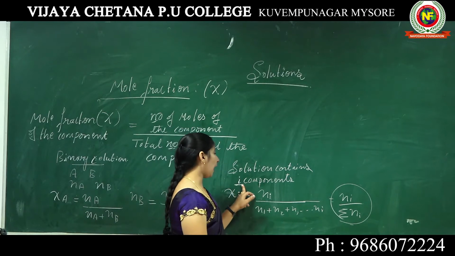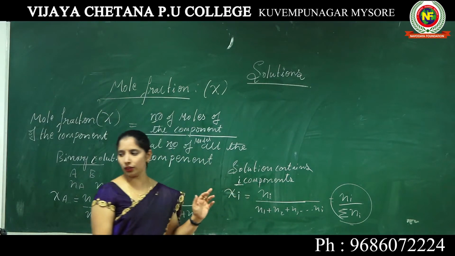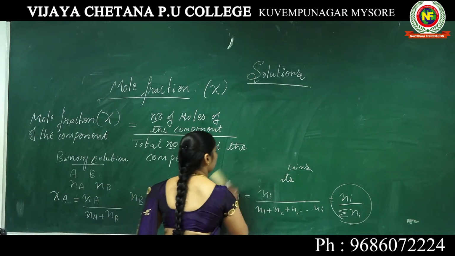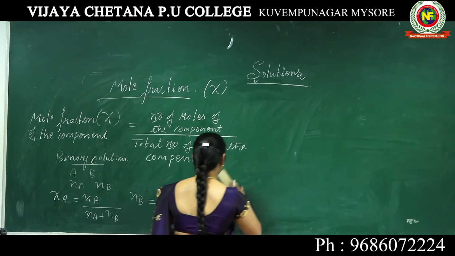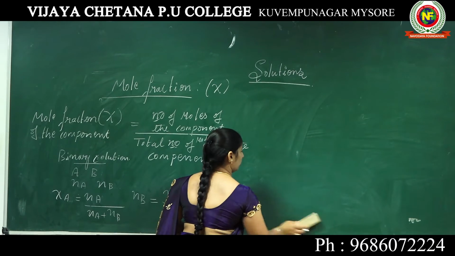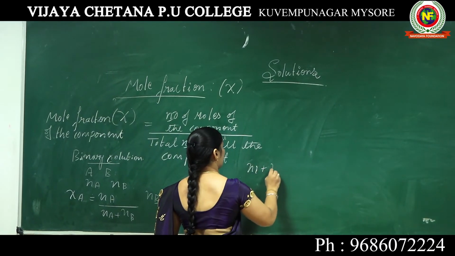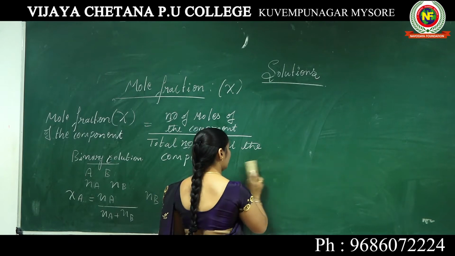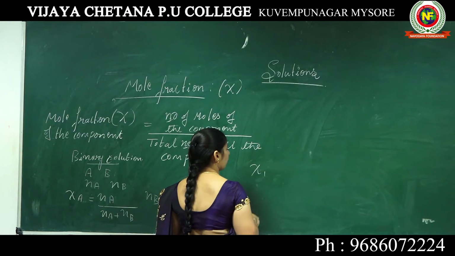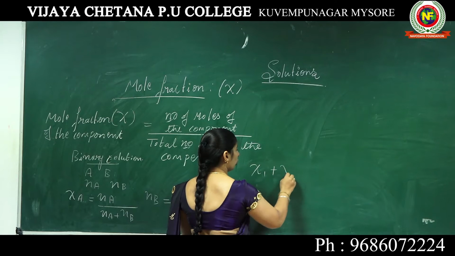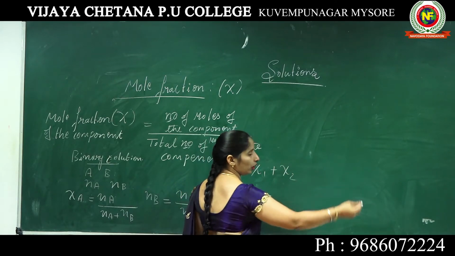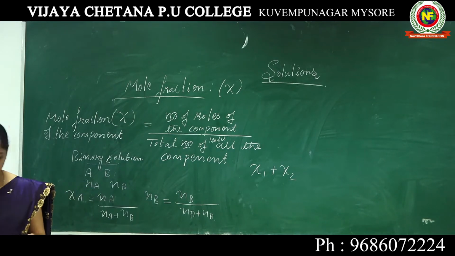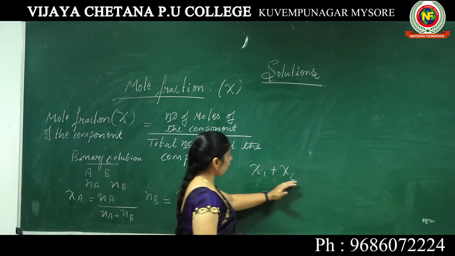If they contain I components, we don't know how many moles of each component. So next, if you take N1, N2 as the number of moles, hence we write the mole fraction of 1, the mole fraction of 2 like that. So here the mole fraction is always based on the number of moles.